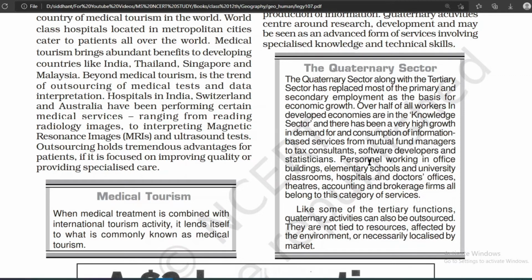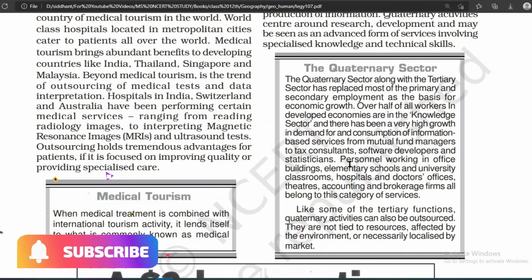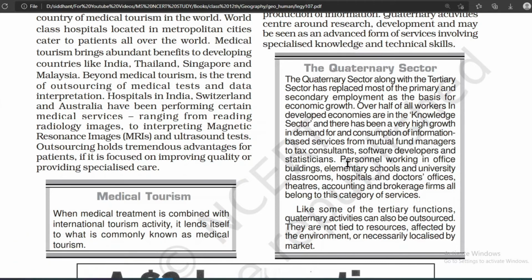The quaternary sector, along with the tertiary sector, has replaced most of the primary and secondary employment as the basis for economic growth. Over half of all workers in a developed economy are in the knowledge sector, and there has been a very high growth in demand for the consumption of information-based services, from mutual fund managers to tax consultants, software